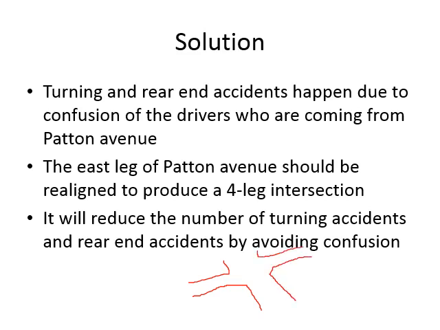I'm talking about something like this. You have the avenue here and you have the street here. The street is already in a straight alignment, so no problem. The avenue leg which was somewhere here, you shift it from here, close it from here, and open the avenue on this side. So people who are going straight will go straight. You will take care of the turning accidents, and since they are going straight, you will have more side distance for people coming from different directions.